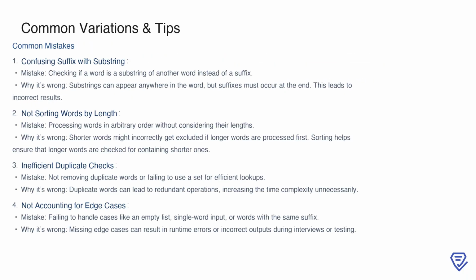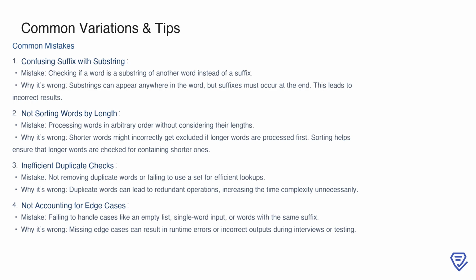When tackling this problem, there are a few common mistakes to watch out for. First, confusing suffixes with substrings is a frequent error. Remember that a suffix must appear at the end of a word, while substrings can occur anywhere. If you treat substrings as suffixes, you'll end up with incorrect results. Next, processing words without sorting them by length can also lead to issues. By handling shorter words before longer ones, you might exclude shorter words prematurely. Sorting the words in descending order by length ensures that longer words are checked first, which is crucial for accurate